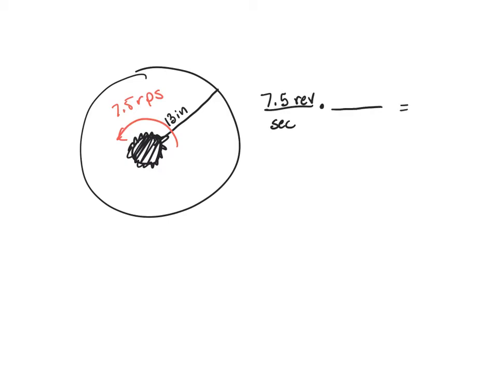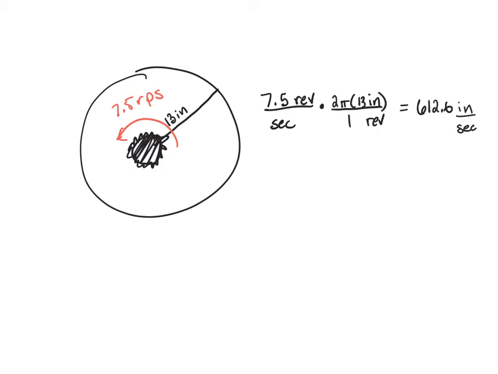A linear speed should have units of like feet per second, or in this case I think we can get it to inches per second. We want to end up with inches on the top. We want the revolutions to cancel. We know that one revolution of this wheel is 2 pi times 13 inches. So now I just multiply 7.5 multiplied by 2 times pi times 13. And I get about